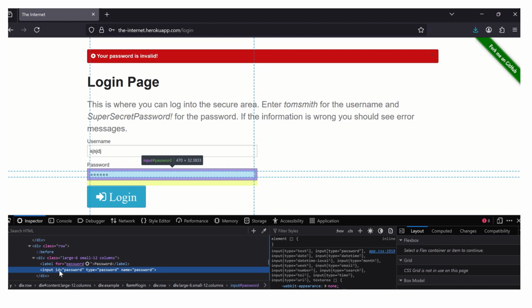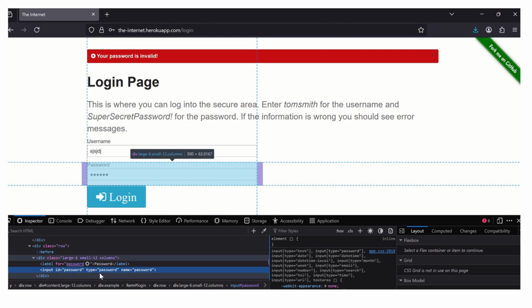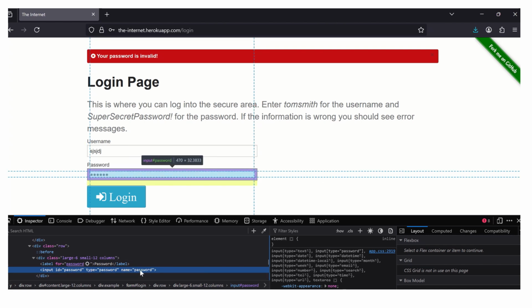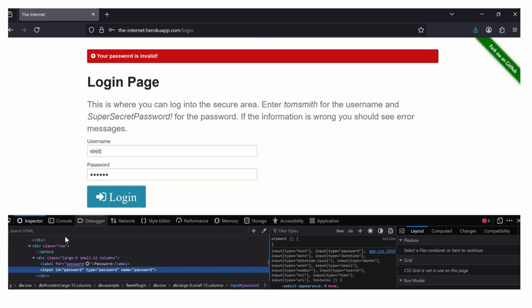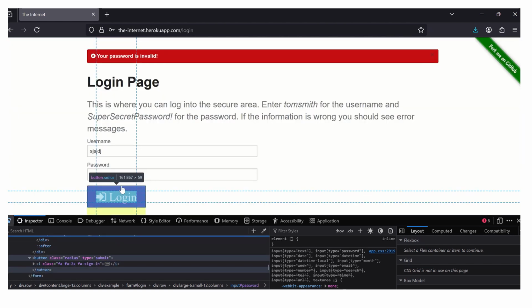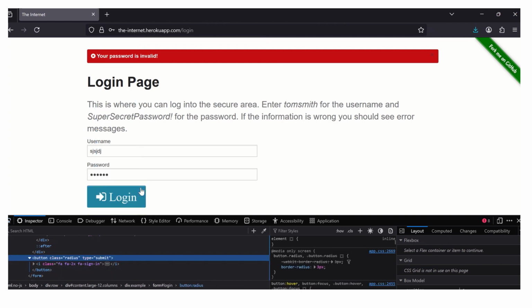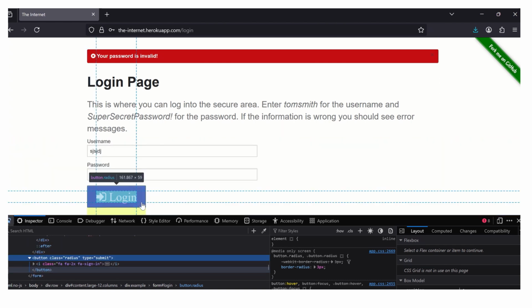You have the ID as password. You have the type is called password. The name is password. So let's do that for the button. When you click on that also, and then you click on the button, not the text on the button, but on the button itself. You see, when you click that, let's do that one more time. I lost it. So when you point at it,